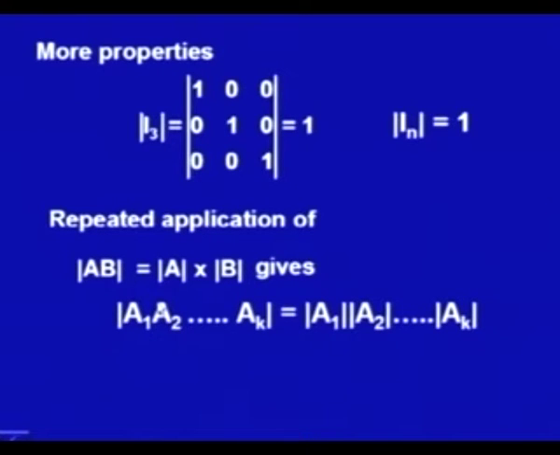What we can do is, we first take this term multiplied by A1. So, it is determinant of A1 into determinant of this, then we can apply the same result to this considering A2 and the rest of the terms can be taken together. So, we will be having determinant A1 determinant A2 into the rest of the terms and this can be repeatedly applied to give the final result.